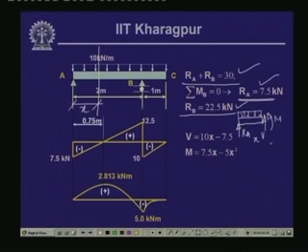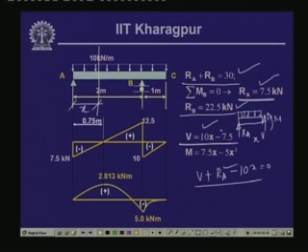If we take the equilibrium of the vertical forces, then we have V plus Ra minus 10 into x equals 0. So, this gives us V equals 10x minus Ra, where Ra equals 7.5. So, this is the expression which we get, V is equal to 10x minus 7.5,